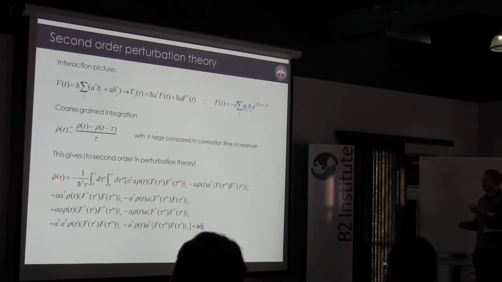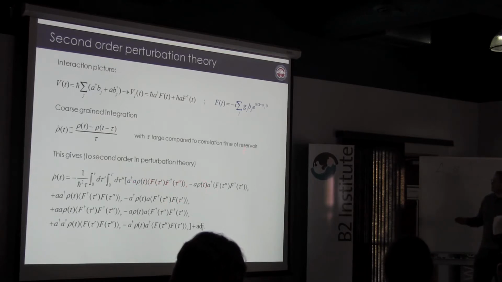And remember, we're looking at the system evolution. So I'm tracing over the reservoir here for all these reservoir noise operators. Right? So I'm doing the trace over the reservoir. And then this is the reduced density matrix for just the system without the reservoir included. Right? So now